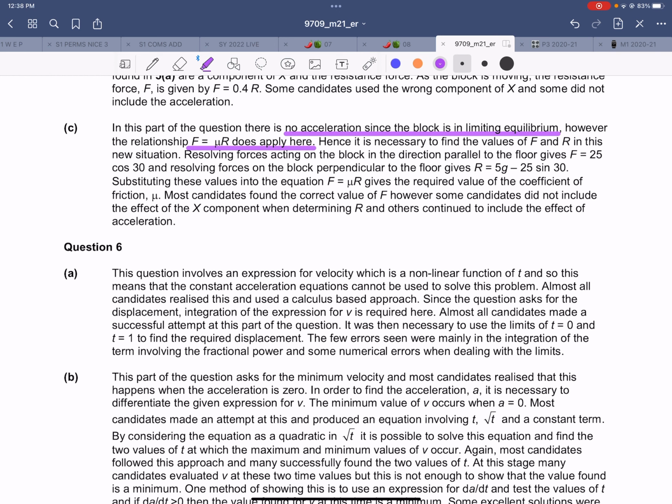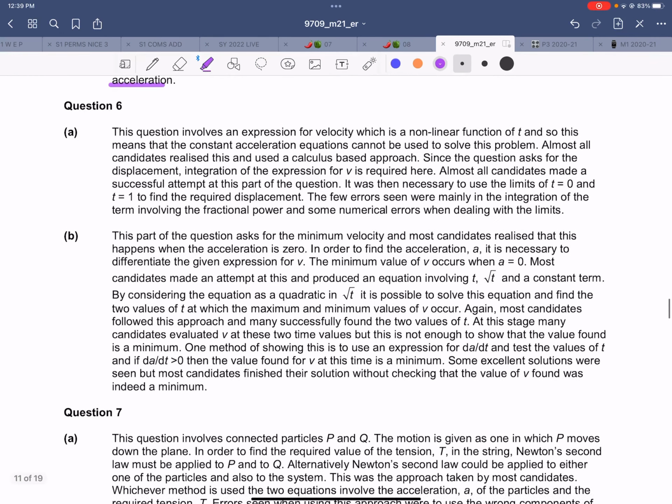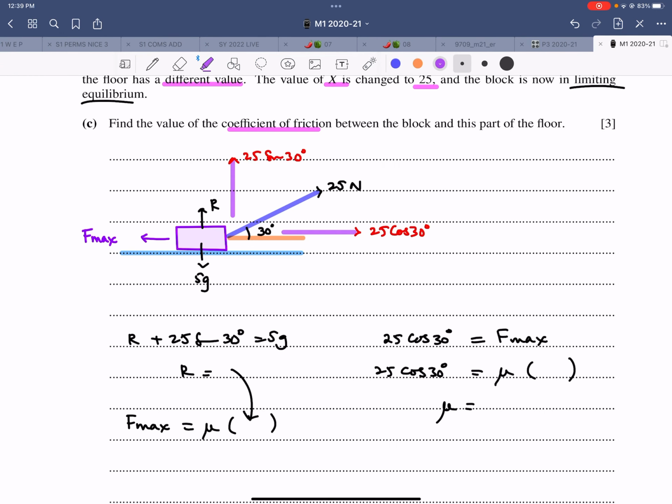Hence, it is necessary to find the values of F and R in this new situation. Resolving forces such and such. Most candidates found the correct value of F. However, some candidates did not include the effect of the X component when determining R, and others continued to include the effect of acceleration. So these were two mistakes that people made in the third part. Okay, now comes